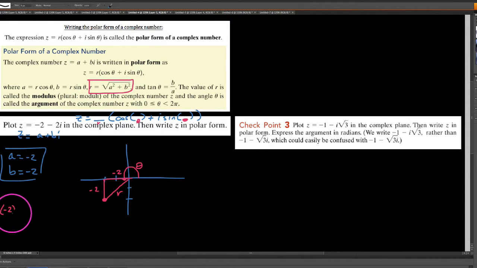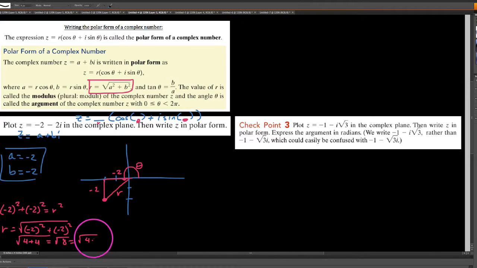So we can see here that -2 squared plus -2 squared would have to be the value of r squared, or we've said more generally that r is equal to the square root of the sum of these squares here, where these are -2 and -2. So we get the square root of 4 plus 4, which is the square root of 8. And yes, we should always, if we can, simplify this. So 4 times 2 underneath a radical, 4 is a perfect square of 2. We get 2 root 2,